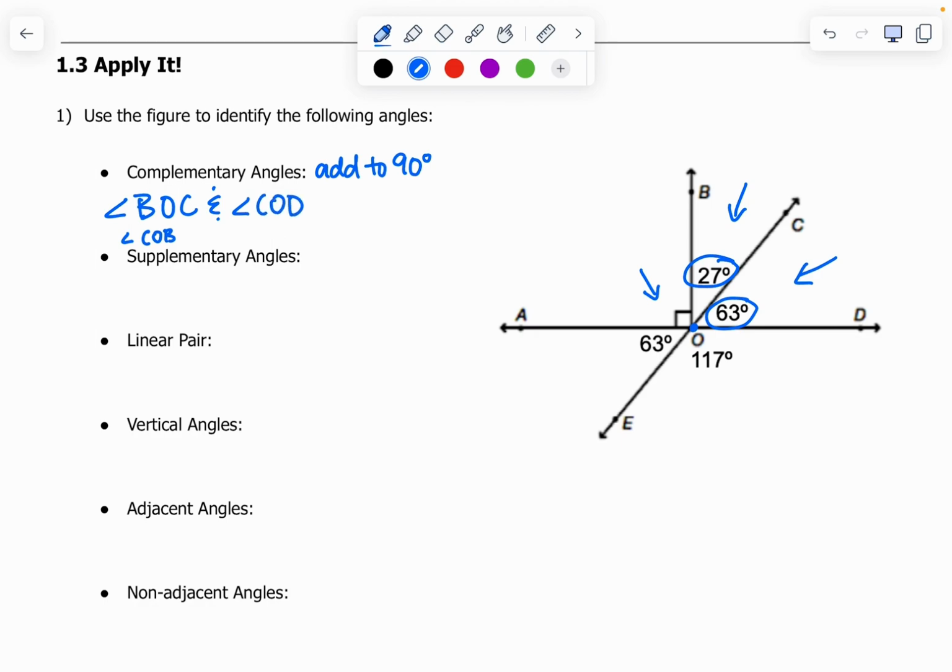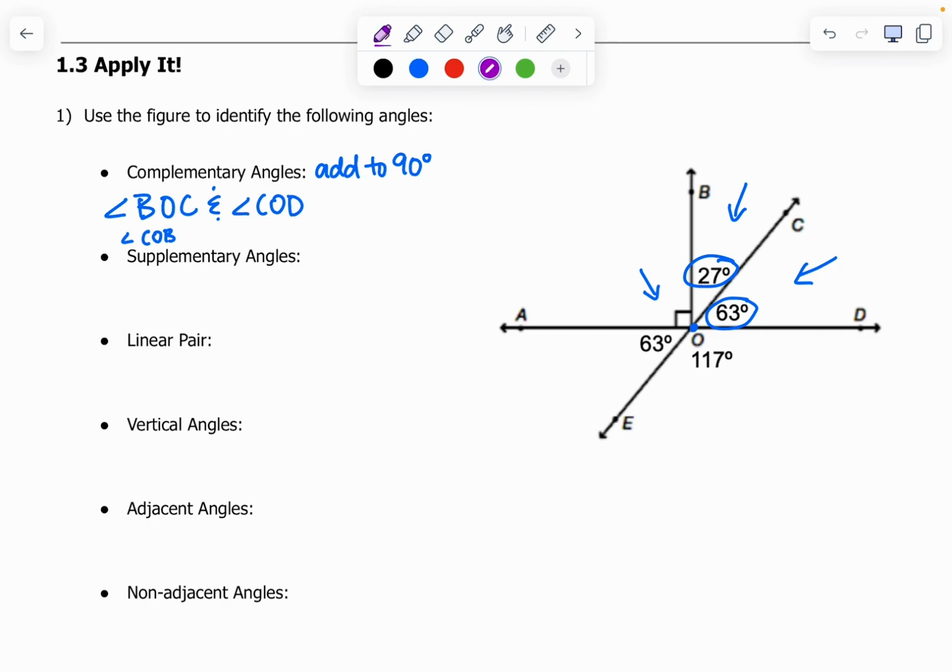Okay, notice I'm also naming angles, and so I am writing the angle symbol out in front of them. Okay, the directions don't really tell us how many angles to name, but I do think it's worth noting that complementary angles just have to be two angles that add to 90. They don't have to be next to each other, so they could also be